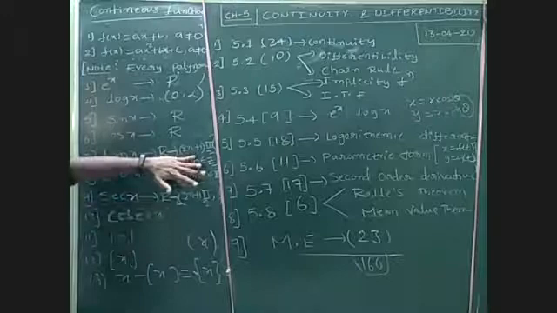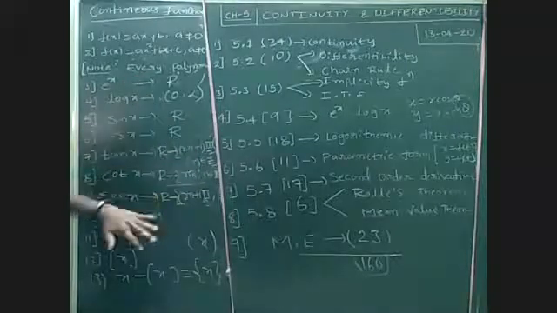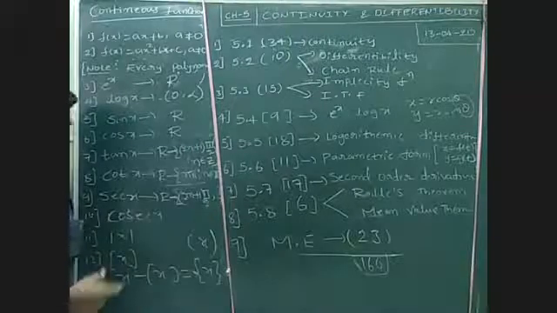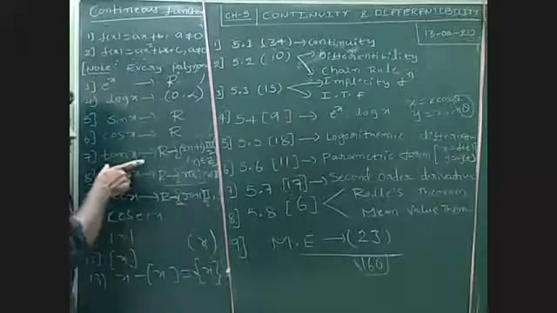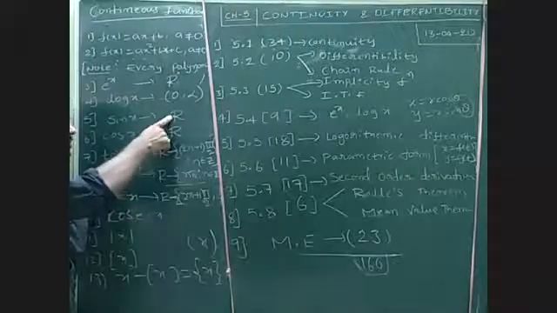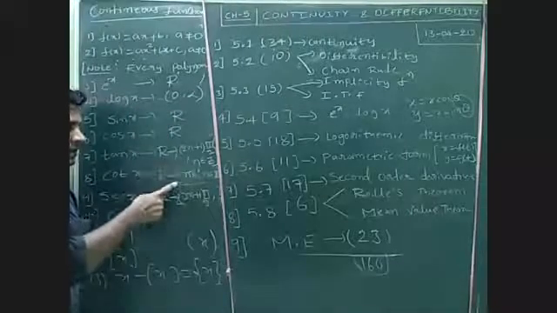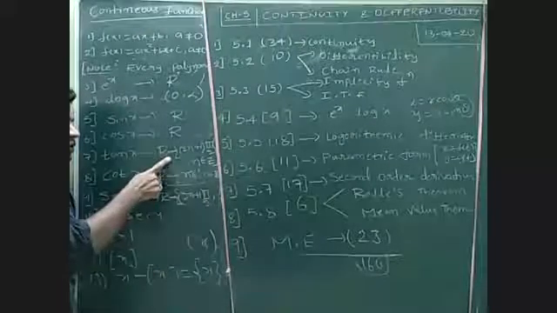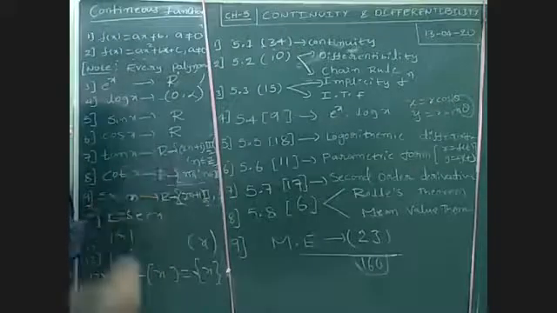Remember the domain. Even one of these may be asked as an objective question, like in a board exam: the function tan x is continuous. They may give the first option real numbers, second option, third option, different options. So you should remember that in this domain tan x is continuous.